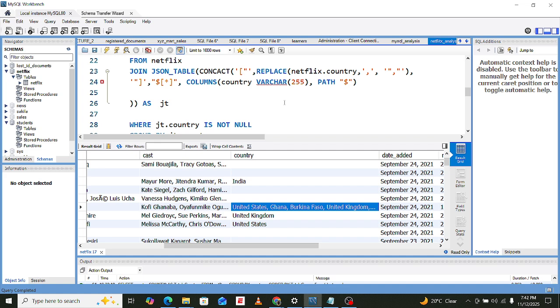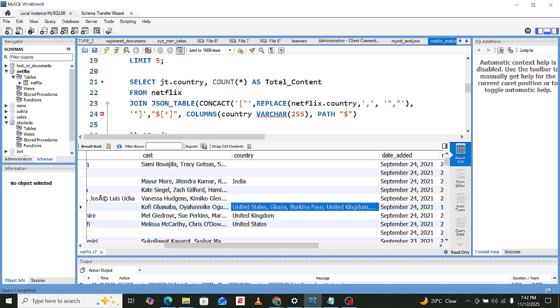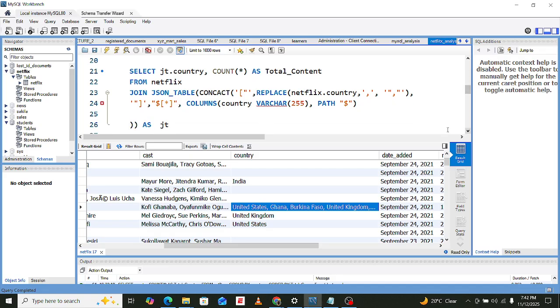Let's check where we have a problem. I think we have a problem here. We are selecting from JT, then count as total count from Netflix. Let's see this. Join JSON table, concat. We are doing a concatenation here. Concat should be concat.